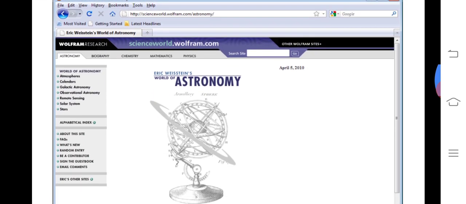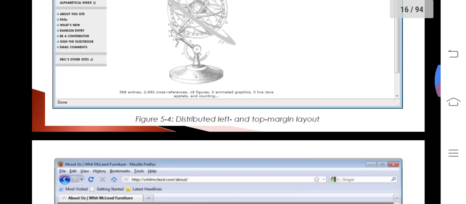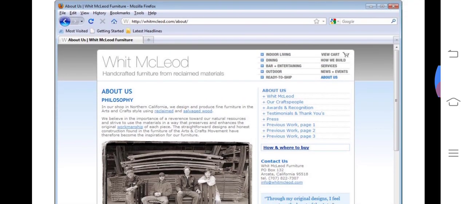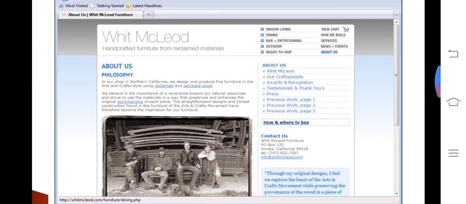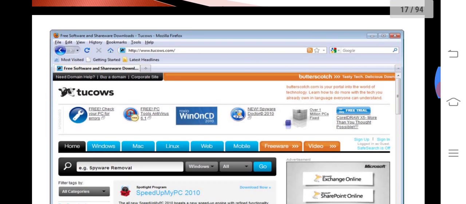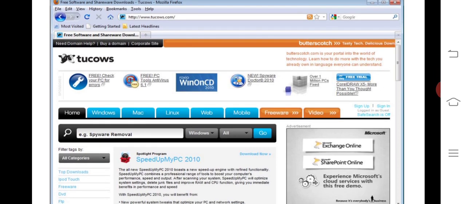Then this is another one where the buttons are always available on the left-hand side. Different layouts: this is about astronomy, this is about philosophy. So it is one of the layouts, where all buttons are available on the right-hand side. So wherever you want, you design according to the customer. Always they will click on the right-hand side.